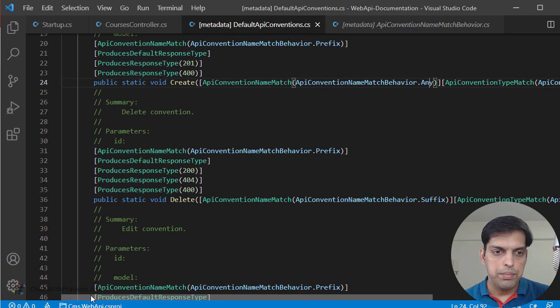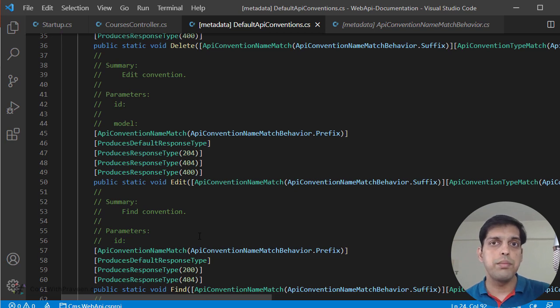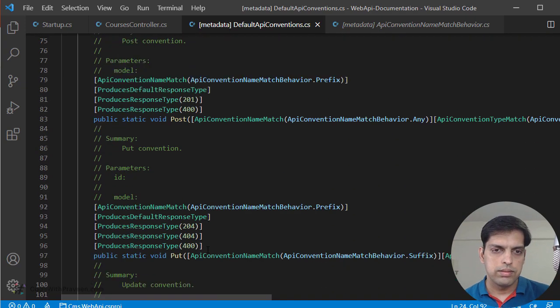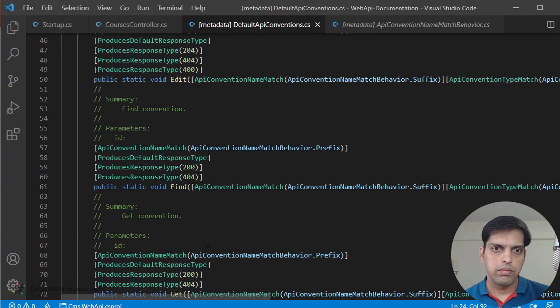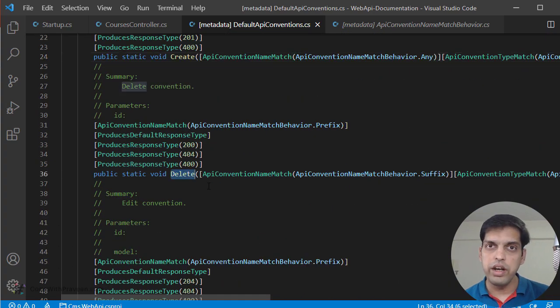Let me go to the delete method, because we noticed that the delete method was triggered when we applied this convention at the controller level. Let's see how we correctly pick the delete method. Okay, so here we have the delete. So it's going to apply all these 4 different attribute types if the name matches with the behavior as prefix. Hence, if our course controller contained any action method that starts with delete, then the first condition matches. So in our case, we coincidentally had implemented using delete or delete courses.